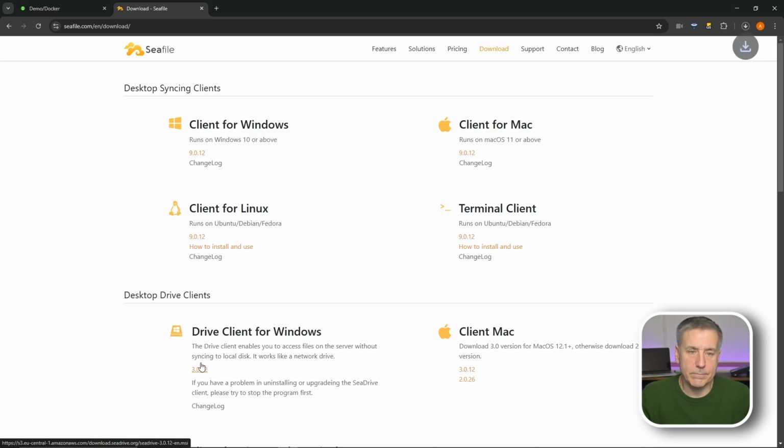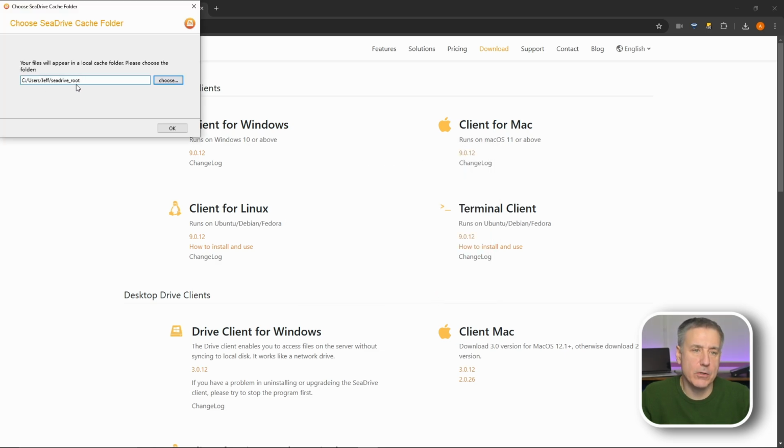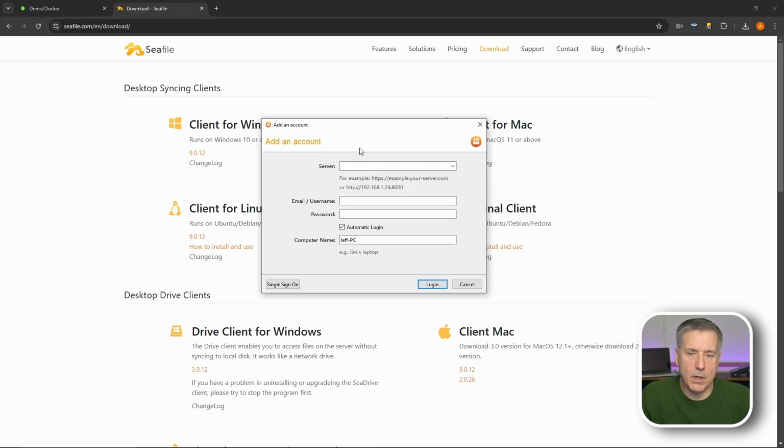So I'll click on the file, downloads, install real quick. Next, install, hit yes, and finish. Next, you got to choose the cache folder, which the default is fine for me. This is a temporary thing for me anyhow. Hit OK, pops up another window. You put in the information here. So